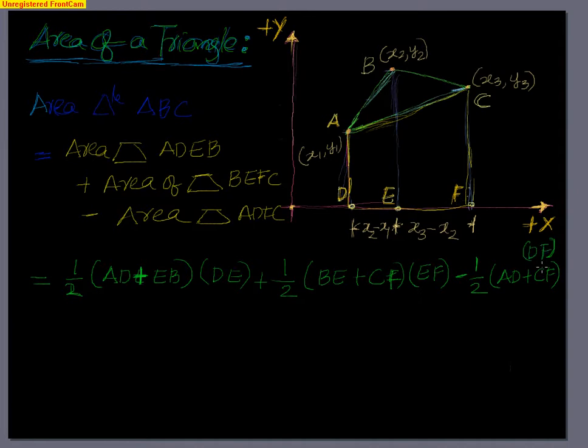Now let's see how these values are going to be. Half into AD plus EB. What is AD? AD is nothing but this height. What is this height? Nothing but the y coordinate of the x1 y1 point, A point. So this is y1, plus what is EB? EB is nothing but y2. So I will say half into y1 plus y2 into